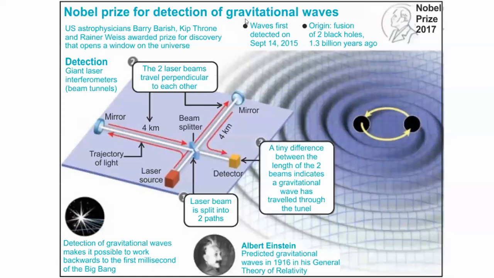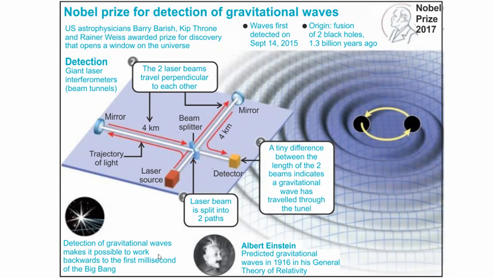The Nobel Prize was awarded for the detection of gravitational waves. There are these two mirrors 4 kilometers apart. Two laser beams travel perpendicular to each other from this source. They interfere at this point and can be detected as nullified. If the mirrors move apart, or move inward or outward, due to the generation of gravitational waves, that disturbs the electromagnetic radiation, and the laser beam gets modified, so you may not get the signal you expect.